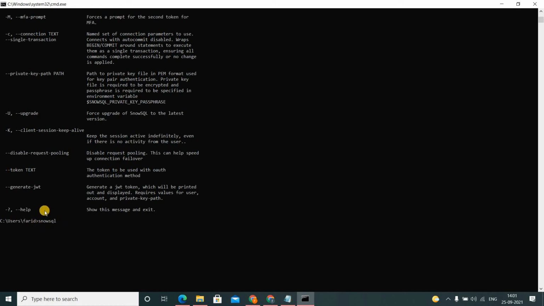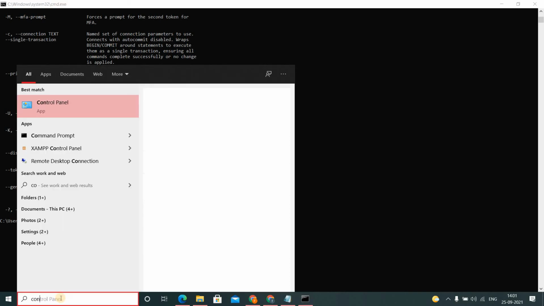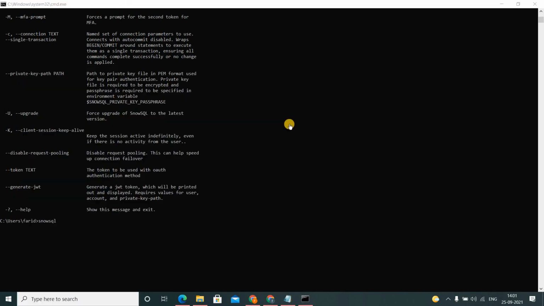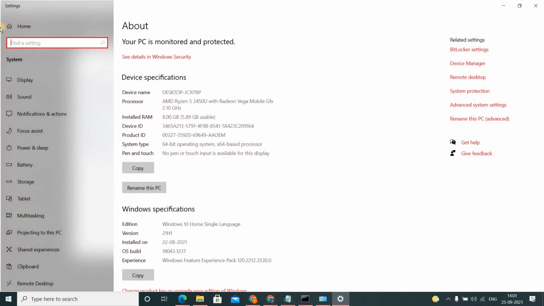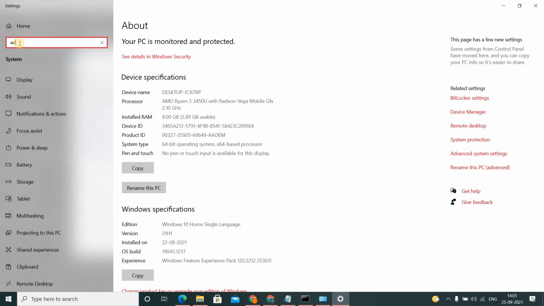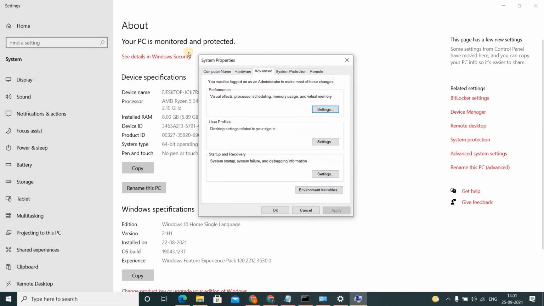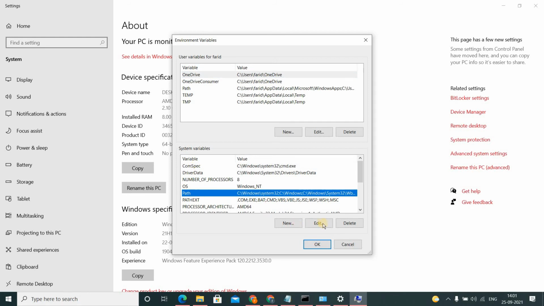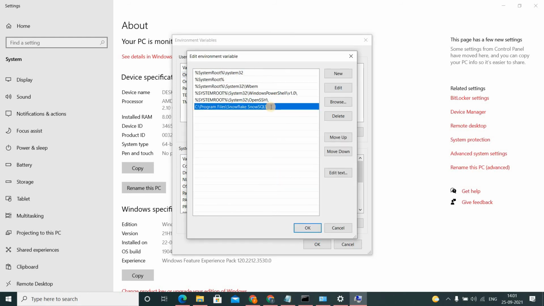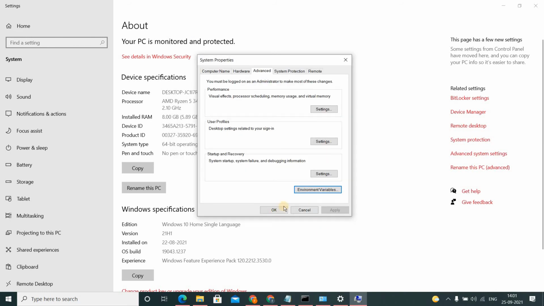To do that on Windows 10, we need to go to Control Panel, go to System and Security, go to System, and then type here Advanced system settings. The System Properties window will open. Go to Environment Variables, go to System variables, select Path as the variable and say Edit. So add this particular path here, if it is not already there, and say OK and say OK.